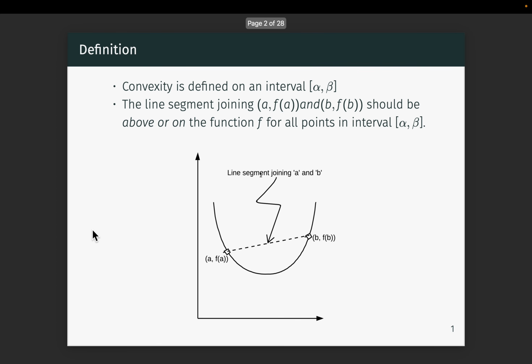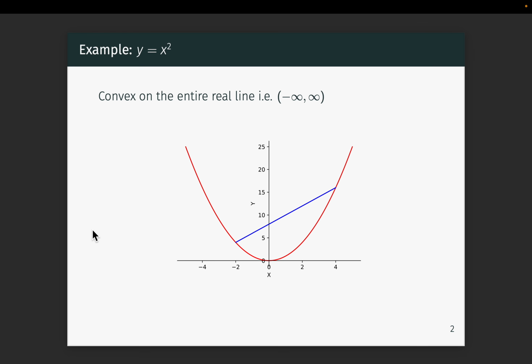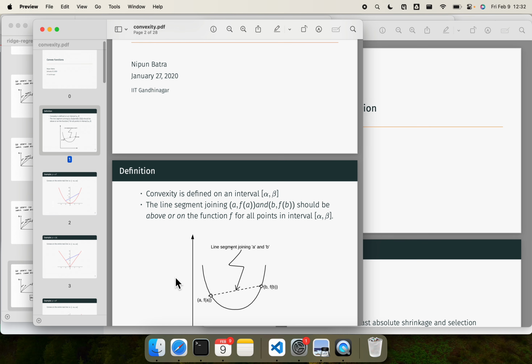Okay, it seems some of you know the definition of convexity, so I'll perhaps keep this for some tutorial and I'll go on to the discussion on